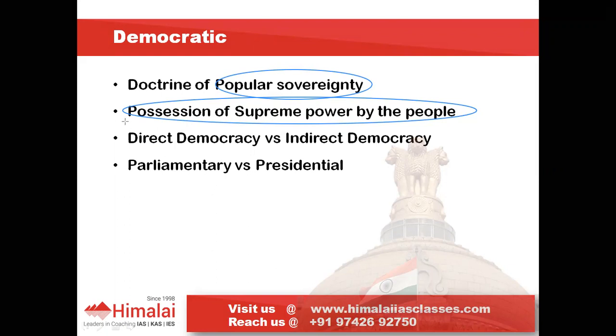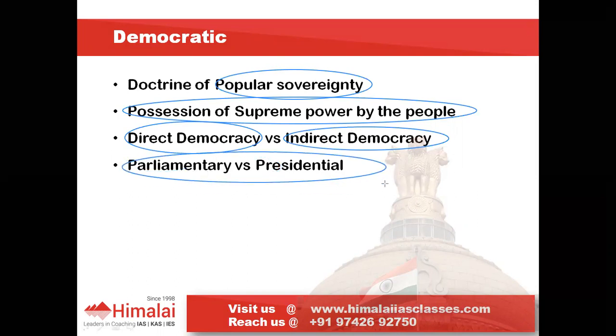So there are two types of democracy: direct democracy and indirect democracy. In direct democracy, people have to vote in all the decisions, which is not possible in a large country like India. So we have opted for indirect democracy, where people elect their representatives, and ultimately they are the ones who exercise the power on behalf of the people. Now, indirect democracy has two prevalent systems across the world. One is the parliamentary system of democracy, the other is the presidential system of democracy, and India has opted for the parliamentary system of democracy.